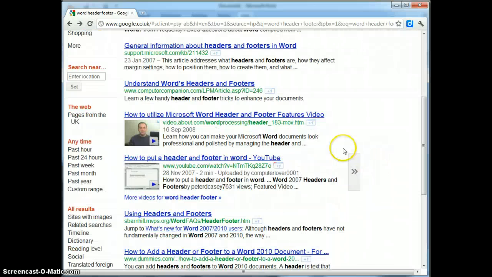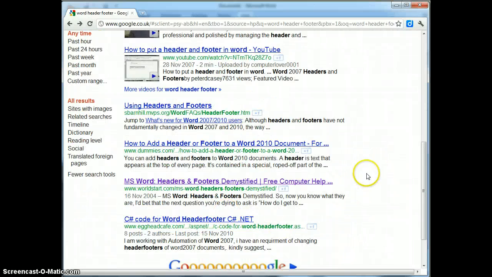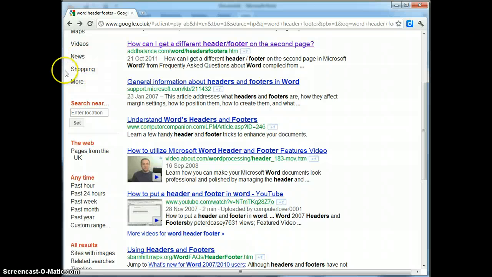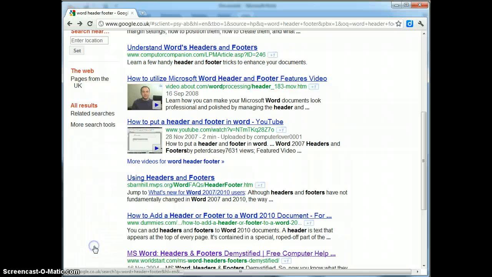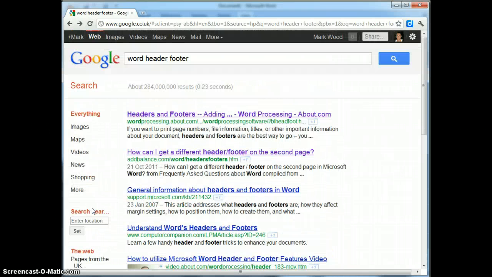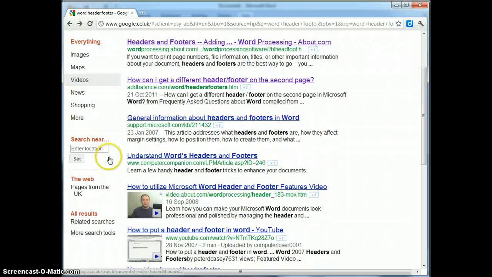Now I could skim through these other results here, I could do that, or if I go down the left hand side here, I've got some other tools available to me. Now these tools don't always show up, and depending on what search engine you use, the tools might be accessible from different places. However, in Google, on the left hand side down here, you'll see all results if you scroll down a little bit. And the tool that I want to pick out for you is under the More Search